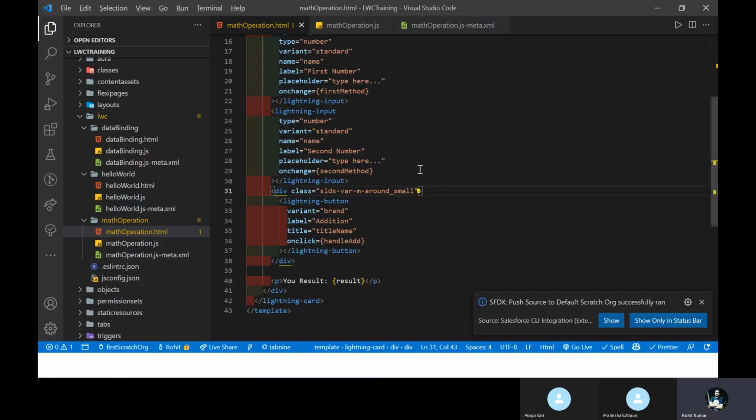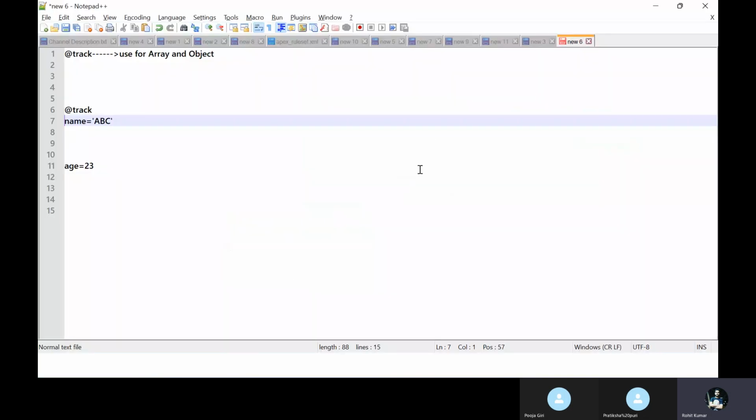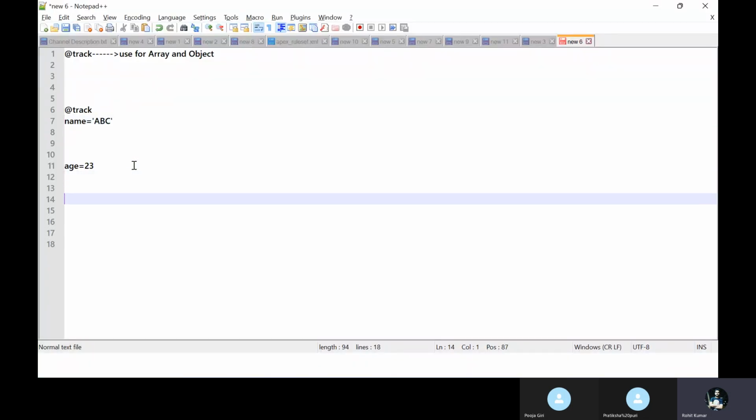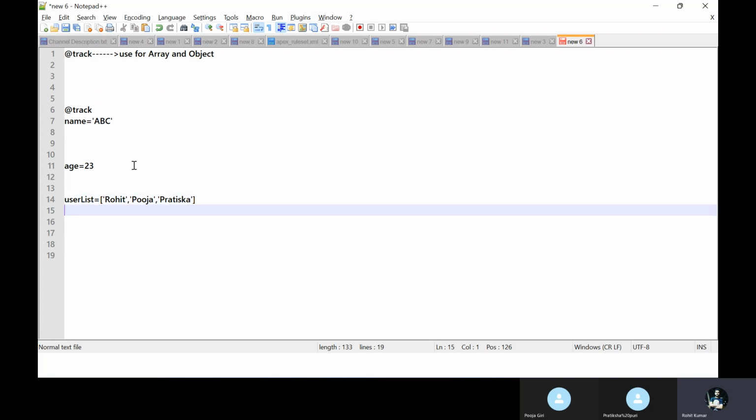Let me show you one thing. Like I have one array, userList. You cannot go in depth without track. This array has some names like Rohit, Pooja, or something like your name as well, like Pratik. Here this is an array of strings.